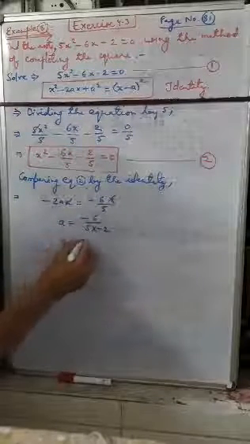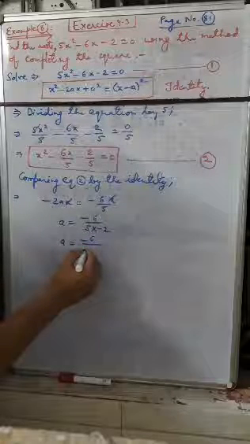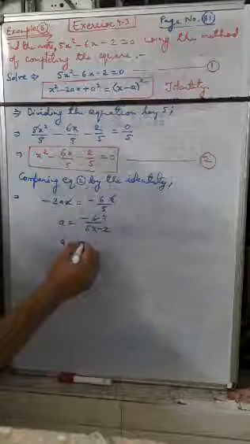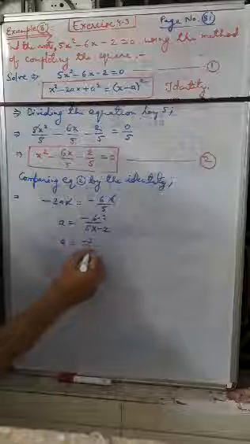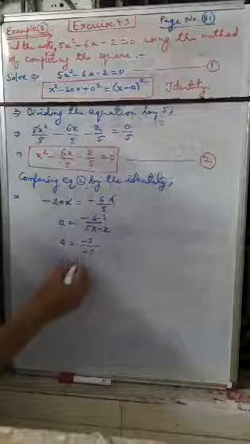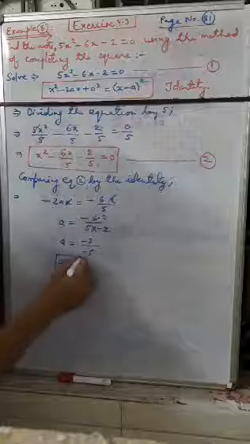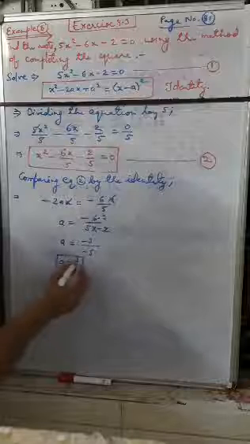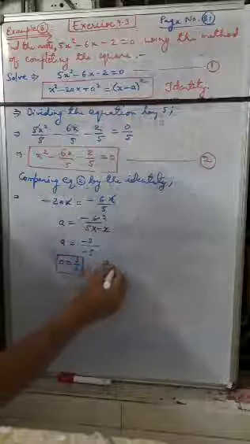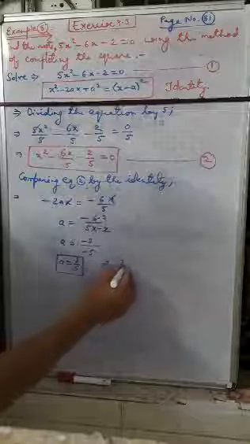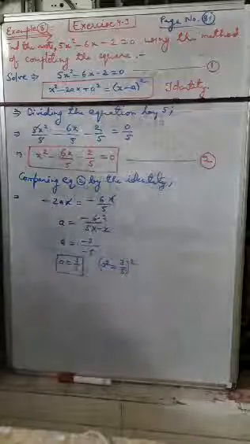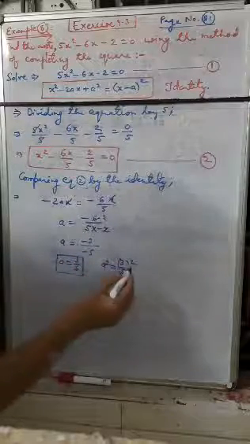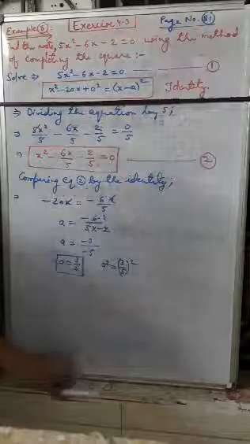So we will get minus 6 by 5 2 are minus 10. If you can do, or if you like, 2 1 are 2, 2 3 are 6. So we will get minus minus plus minus 3 by minus 5. So we will get a is equal to 3 by 5, because in numerator and denominator we are having minus sign, so both can be cut. So we can write here a square. So a square is equal to 3 by 5 whole square. So if you are doing square, a whole square is equal to 3 by 5 whole square.